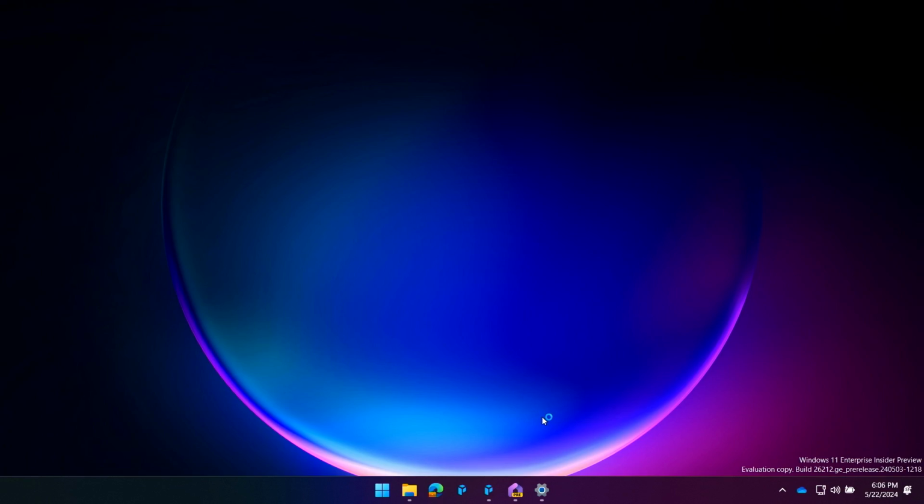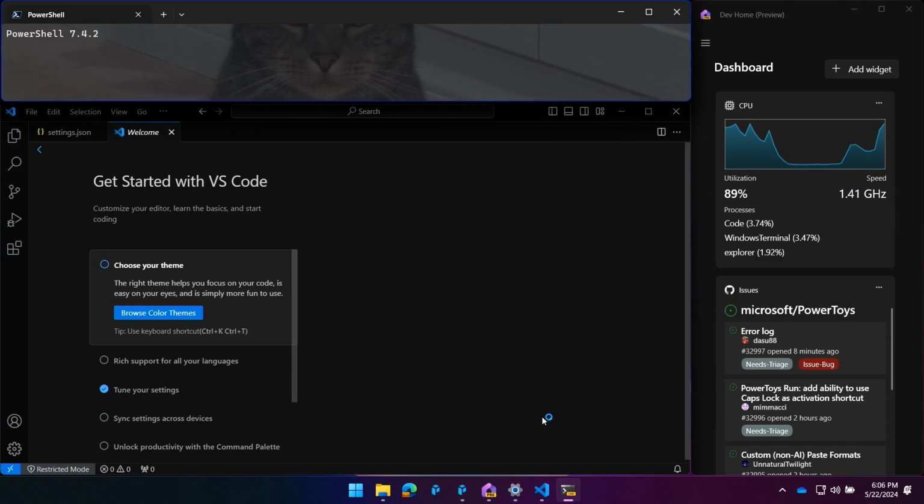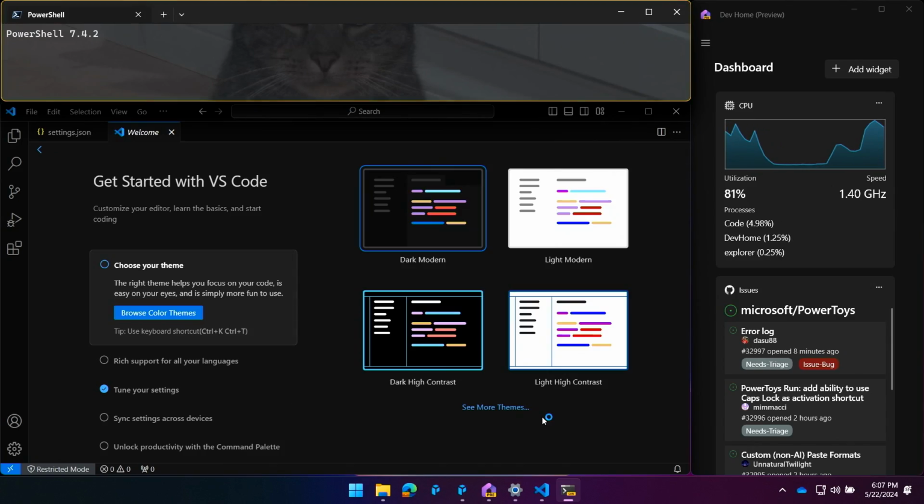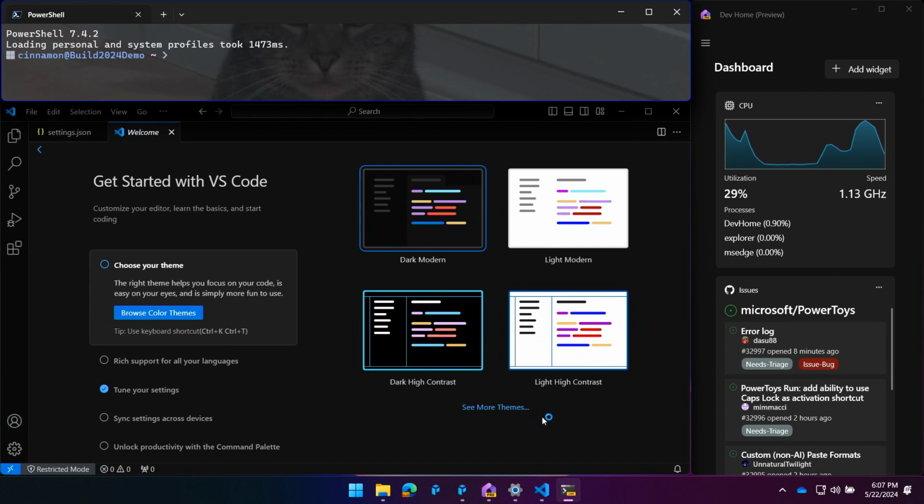All right, what kind of cool stuff have you done to make your space your own? So I get to use all of the cool new things that we're delivering over on PowerToys, Terminal, et cetera. So I've got some sneak peeks of things to show off. The first is this little icon on my taskbar. So I don't know what your morning routine looks like, but I know I drag the same windows in the same place on the screen every day. Like, I'm a creature of habit. I do the same thing. Wouldn't it be nice if I could just do that in one click, which is what I've done here.